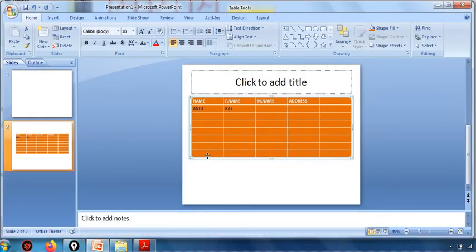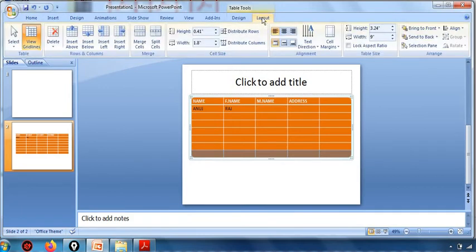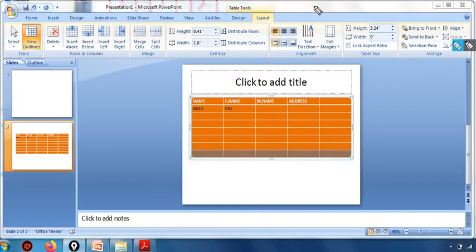Suppose I want to delete this last row. I will select this row. Now I have to go to the layout tab, right? I will click on this layout tab. After that, here is the row and column group, and under this the delete option is here.